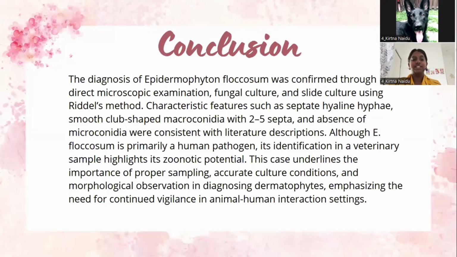In conclusion, the diagnosis of E. floccosum here was established by the diagnostic process of direct microscopic examination, fungal culture, and slide culture using Riddle's method. The organism features septate hyaline hyphae, smooth, club-shaped macroconidia with 2 to 5 septa, and an absence of microconidia. These are in line with features reported in the literature and confirm the presence of E. floccosum as the agent. This report emphasizes the importance of sampling techniques, appropriate culture conditions, and morphological observation for accurate